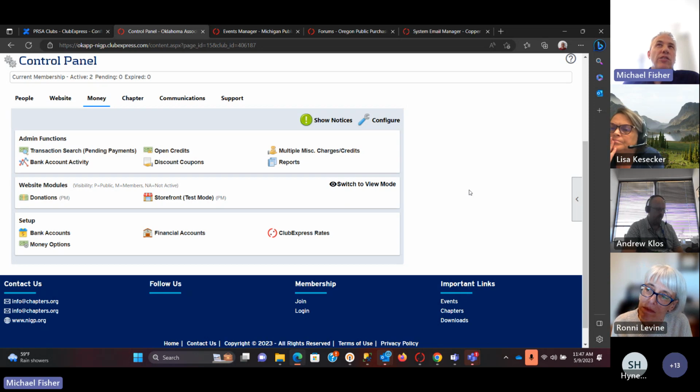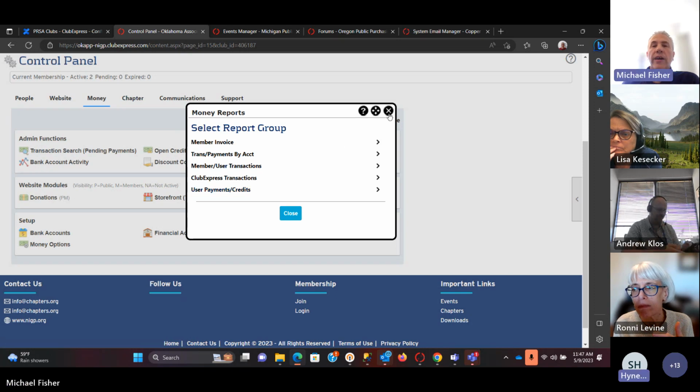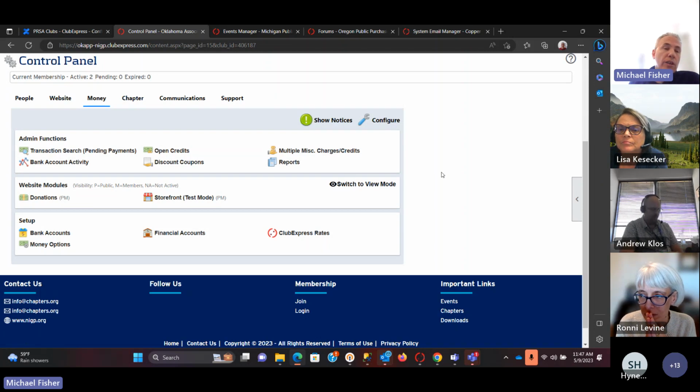So I guess there are some advantages. I never really thought of it like that. So yeah, I guess there are some advantages to using the ClubExpress merchant account versus the other one. Because the money's flowing through us, so we have more control over what we can report on. Whereas if you're going direct to Stripe without coming through the ClubExpress merchant account, then the money doesn't flow through us, so we really have no control over what we can report on. Okay, we might have to transition then.